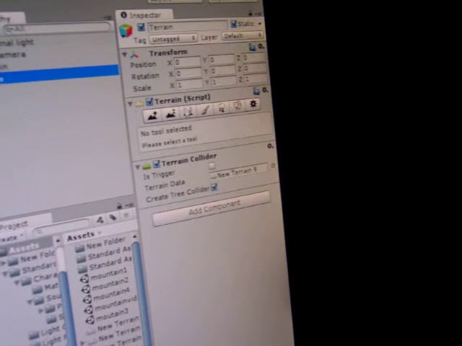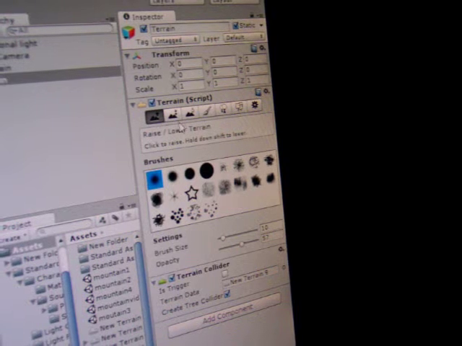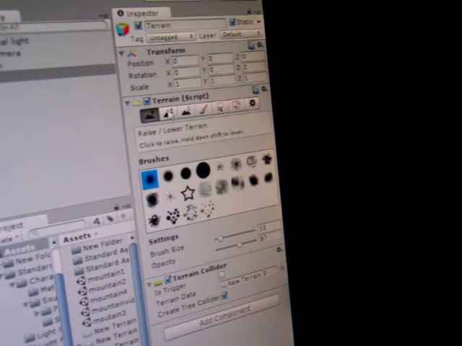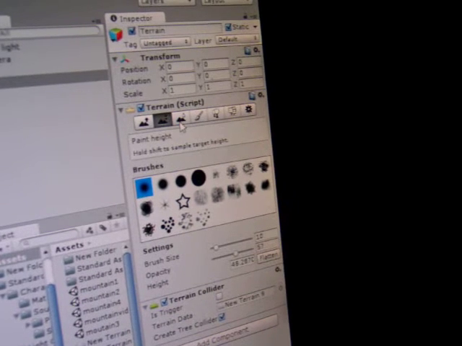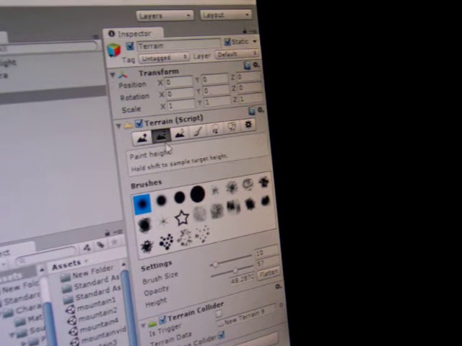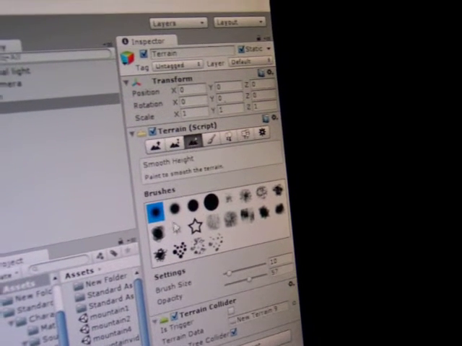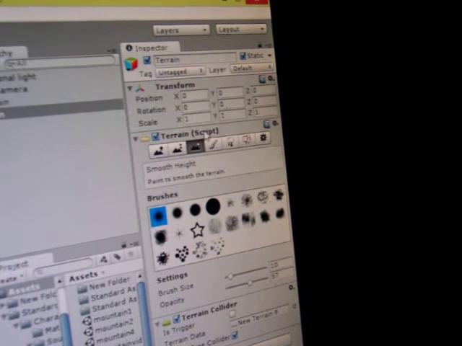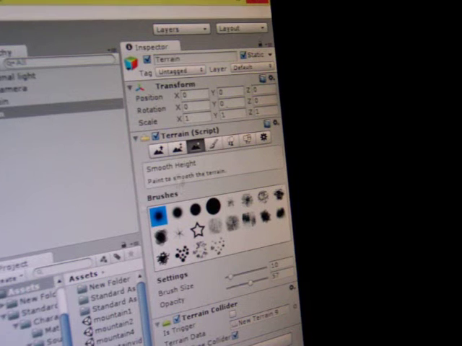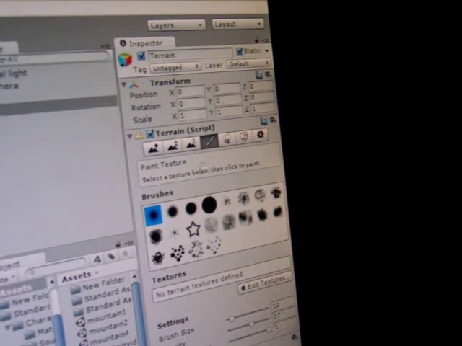Now it has all these different tools. This one raises and lowers your terrain. This one, point height, I've never really had to use that before. But smooth height, that's to smooth off your terrain if it's got all bumpy and you want to fix it and add erosion again or something. And this one is